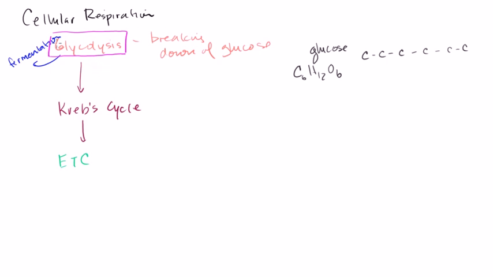Now, there are 2 important phases of glycolysis that are good to know. One I call the investment phase, and the investment phase actually uses 2 ATPs. The whole purpose of cellular respiration was to generate ATPs, but right from the get-go, I actually have to use 2 ATPs. But I use 2 ATPs, and I'm going to essentially break up the glucose into 2 3-carbon